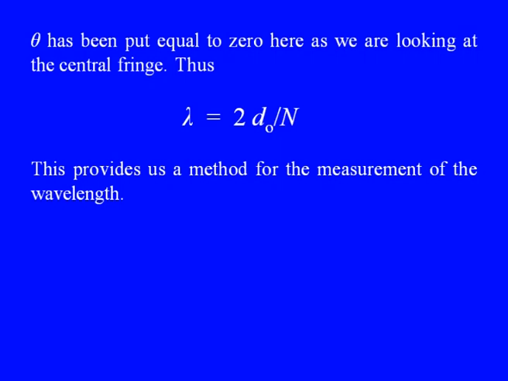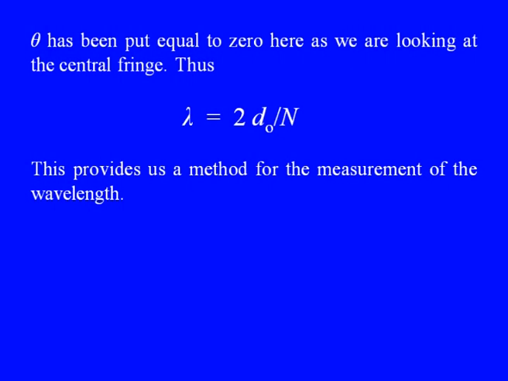So, m minus capital N times lambda. Here theta has been put equal to 0 because we are looking at the central fringe where the light is incident normally. So, cos theta is 1, and thus from these relations we find that lambda is equal to 2 d naught divided by n, and this provides us